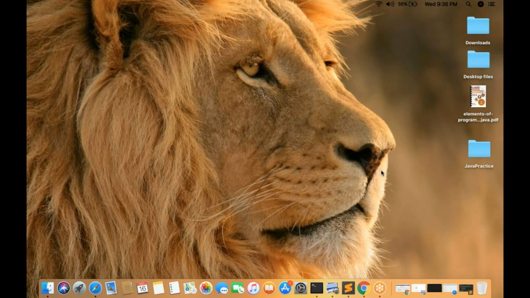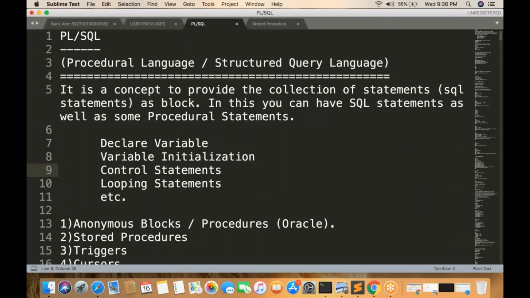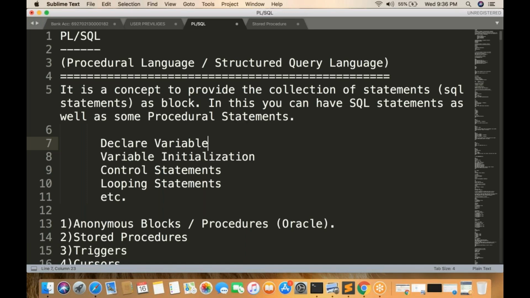Okay, so we will start and let other people also join. Okay, finally they will join. Now we will start now. So already